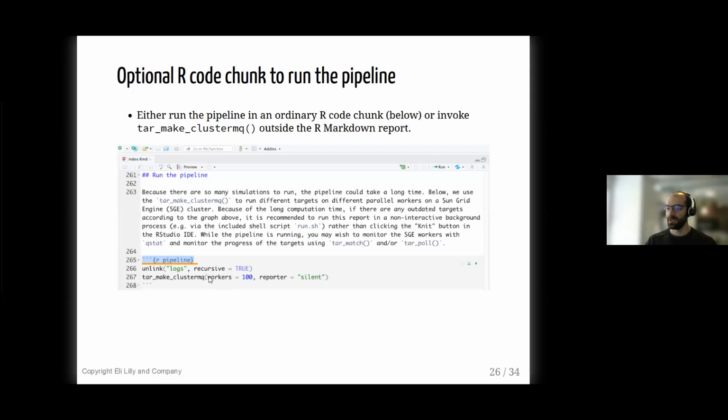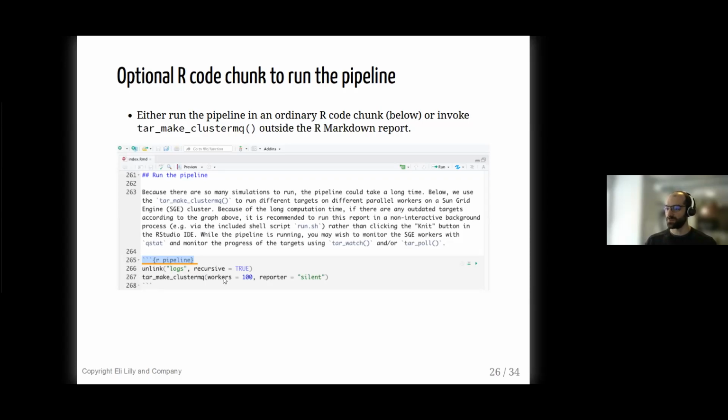The function tar_make_clustermq, if you configure the clustermq package to work with an SGE or a Slurm cluster at your institution, can do distributed computing. It can send multiple targets to different nodes on the cluster, and it'll run all batches of computation on different nodes, which is vital to some of this work, especially for a model like this.